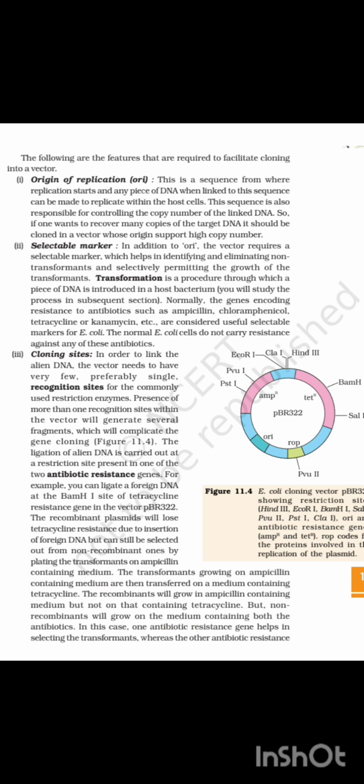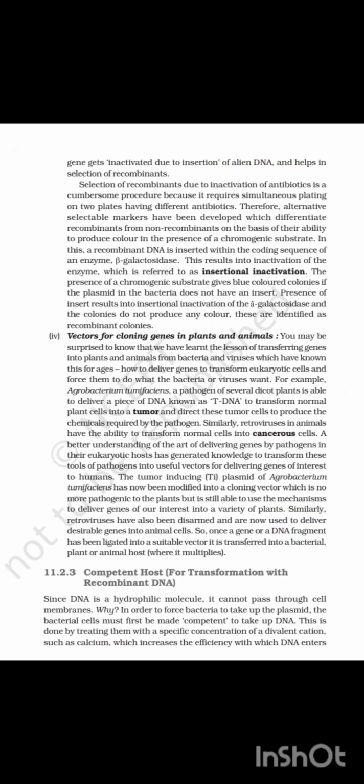In this case, one antibiotic resistance gene helps in selecting the transformant, whereas the other antibiotic resistance gene gets inactivated due to insertion of alien DNA and helps in selection of recombinants. Selection of recombinants due to inactivation of antibiotic resistance is a cumbersome procedure because it requires simultaneous plating on two plates having different antibiotics. Therefore, alternative selectable markers have been developed